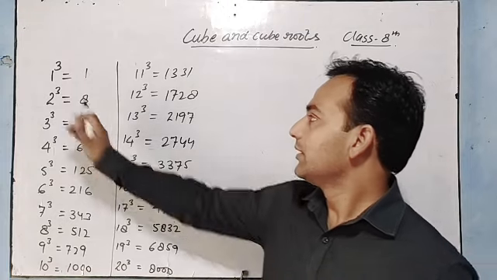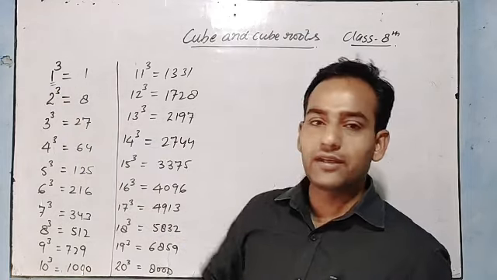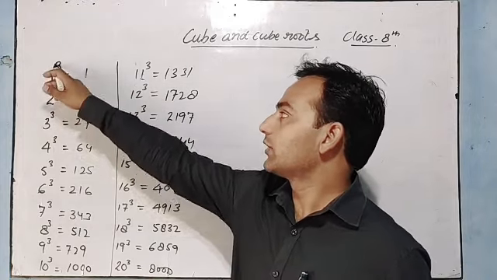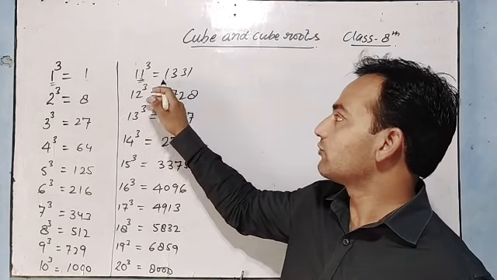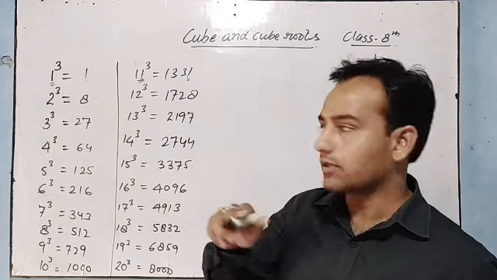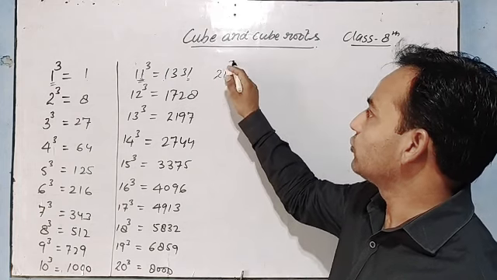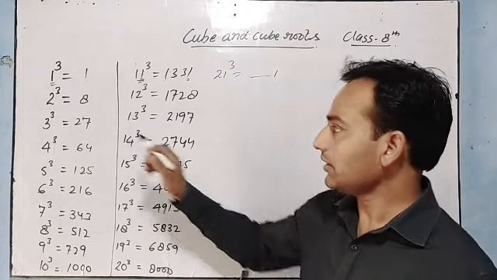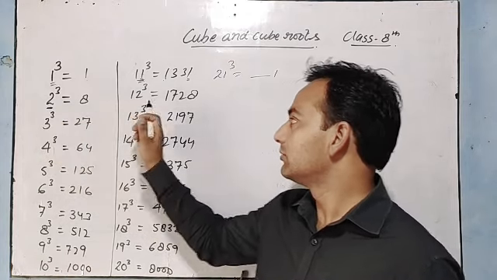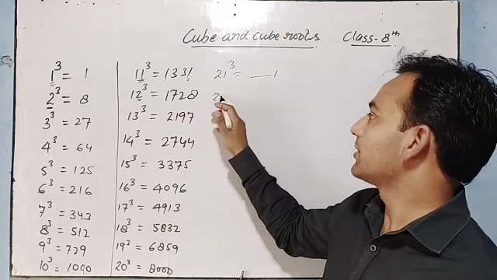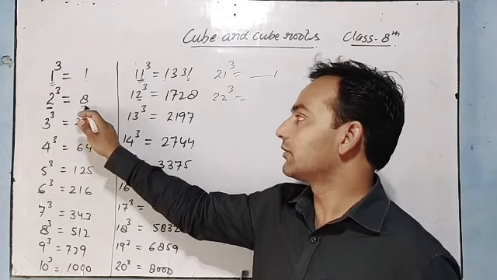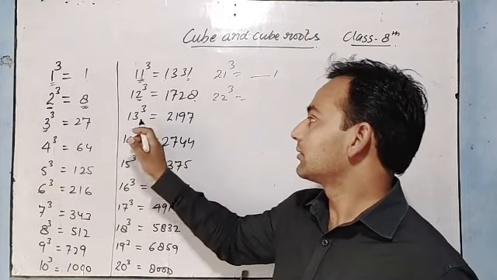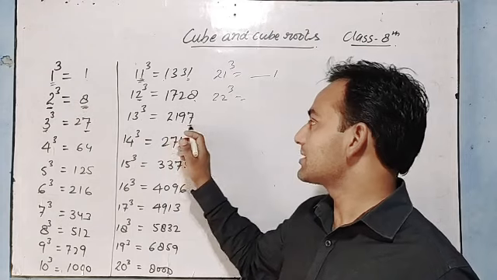Now listen carefully. If we are doing the cube of any number whose unit digit is 1, okay, 1 cube means 1, 11 cube is 1331, but the unit digit is 1. In the same way, if we are doing the cube of 21, we will be getting a number, but the unit digit will be surely 1. Remember that. Now, if any number's unit digit is 2, what we will get? The cube's unit digit will be 8. Remember this. 3, 13, 23, unit digit will be 7.